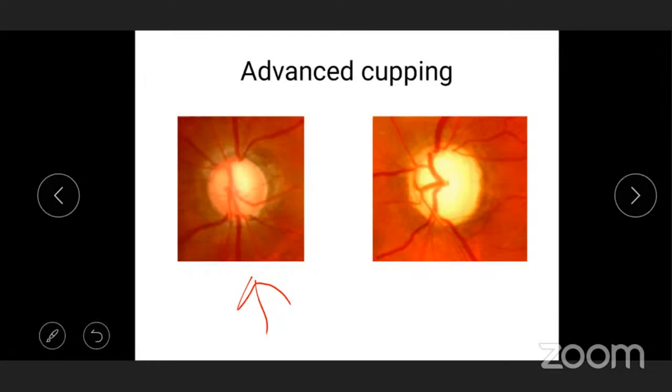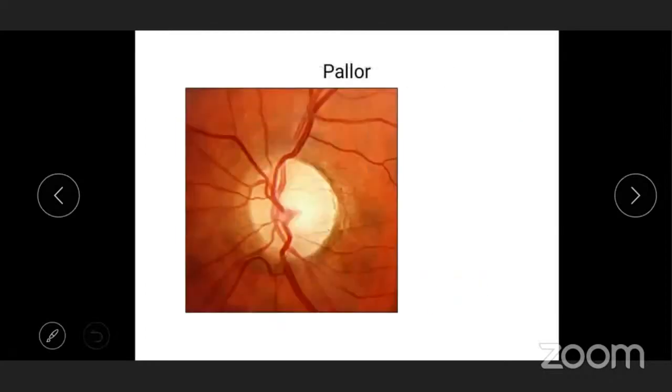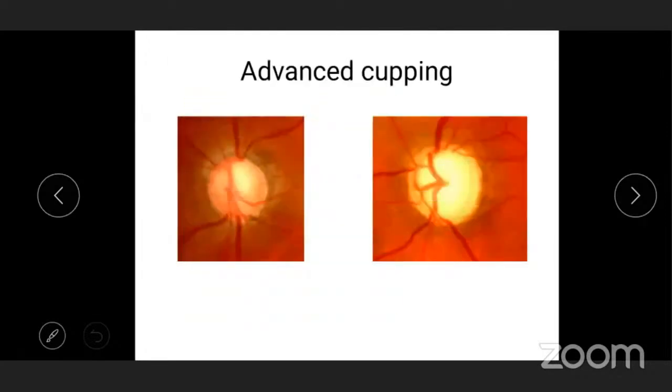So in this photograph, which I've already shown you, if you ask me, the vertical cupping here is almost 0.85 to 0.9. But if you look at just this pallor, then it appears smaller. So keep this in mind. The bending of the vessels is an important feature to look for. And same here, this is an advanced cupping as can be seen. But I just wanted to show this, that the rim has thinned out in all dimensions: inferior, superior, nasal, and temporal.